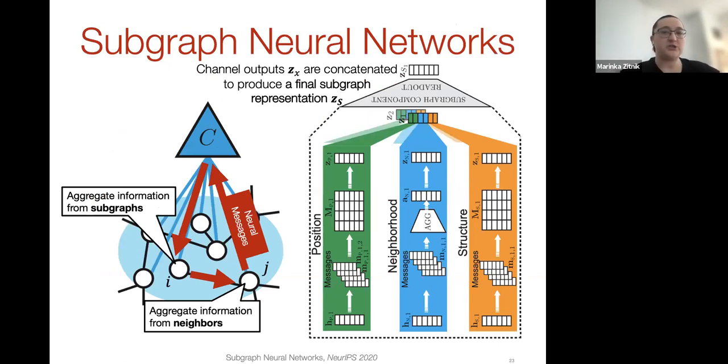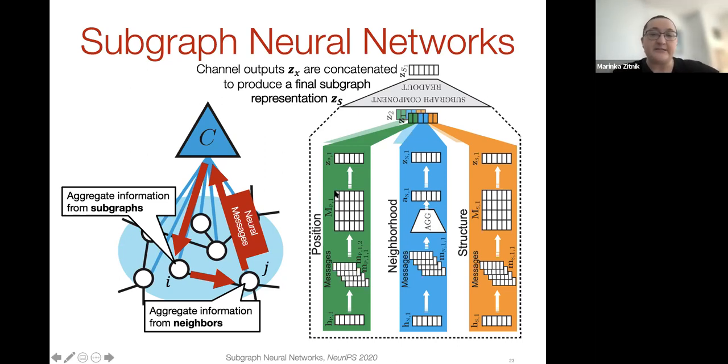And so the main question for that method is how to generate embeddings for subgraphs. For that, we recently developed a methodology known as subgraph neural networks. It was just published at NeurIPS last year. The idea of the method is that we will generate subgraph embeddings by thinking of distinct aspects of topology that subgraphs might have: what is their position relative to the underlying graph, what is the structure of the neighborhood, what is the connectivity of a particular subgraph.